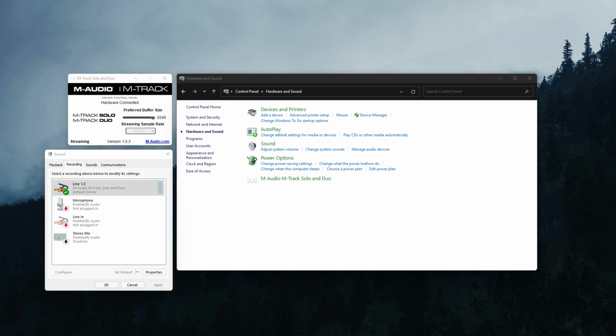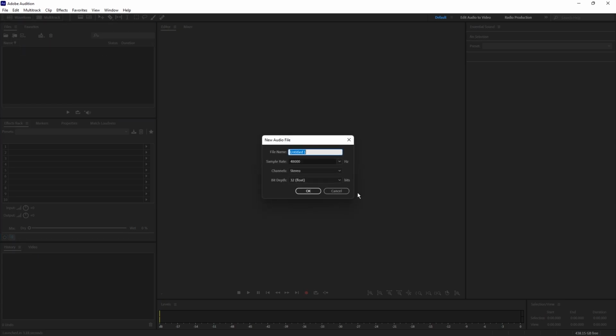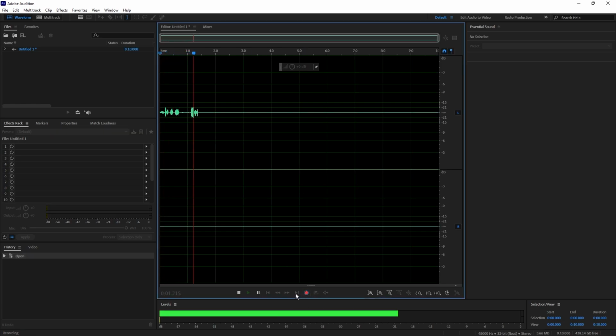And speaking of Adobe Audition, guess what I'm opening up? Adobe Audition. So this is Adobe Audition. Did I pay for it? You can decide. All I'm going to do is just create a new audio file and pretend this is some file that I have from creating a recording. So in this case, I'm just going to quickly...